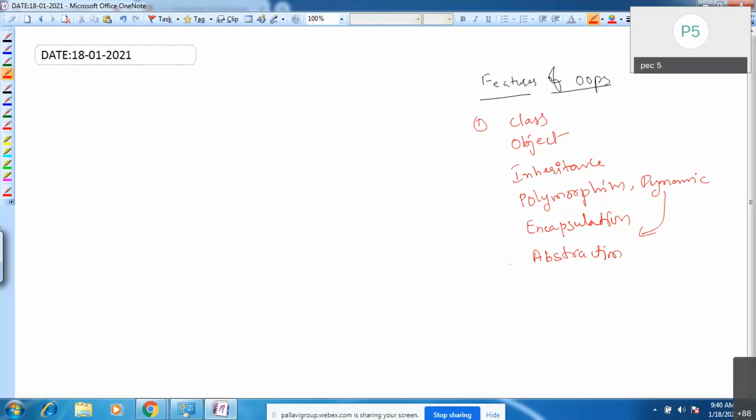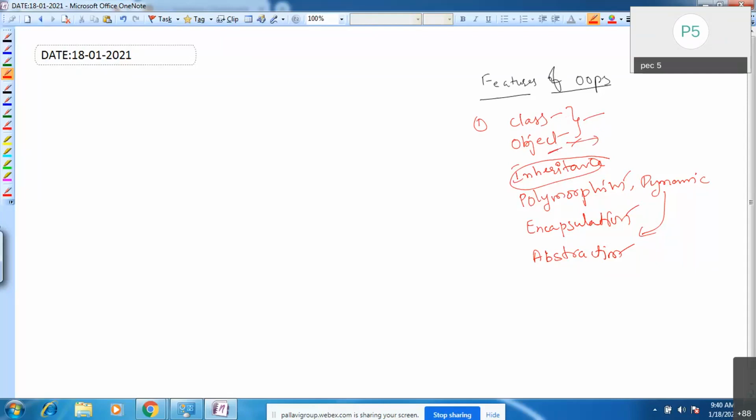Okay, class. What is class? And what is object? Inheritance, polymorphism, encapsulation, and abstraction. What is class and object? We have already seen in the second unit. A class is a blueprint which is used to create the objects. An object is the instance of a class.